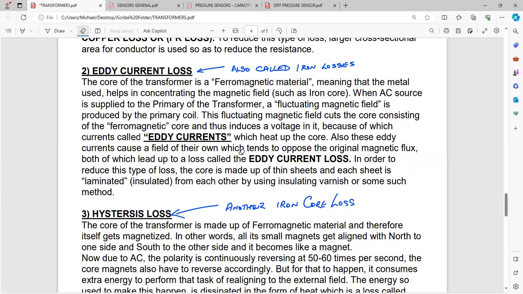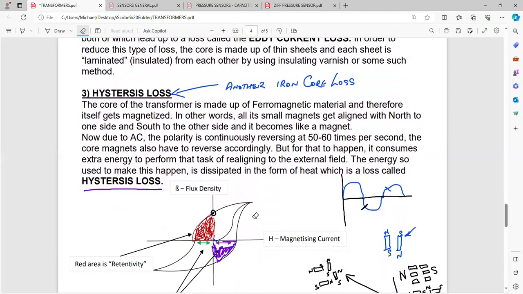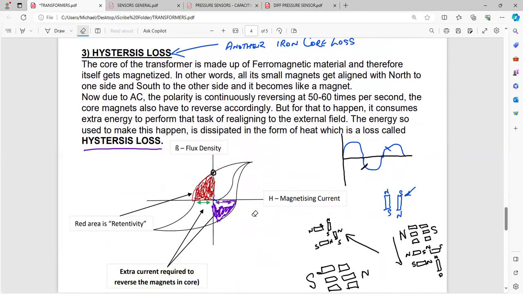But still, again, you're going to cut it into very thin slices and insulate each of the slices from one another. Then, yesterday we made a start on the hysteresis loss. Again, this hysteresis loss is because of that soft iron core. It's a thing that is going to get magnetized. Okay, so let's say,